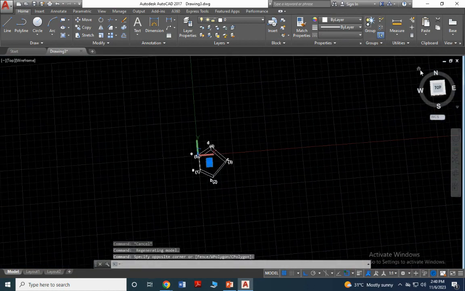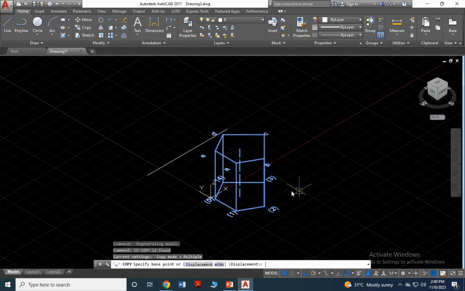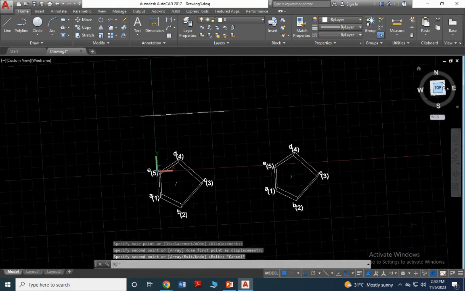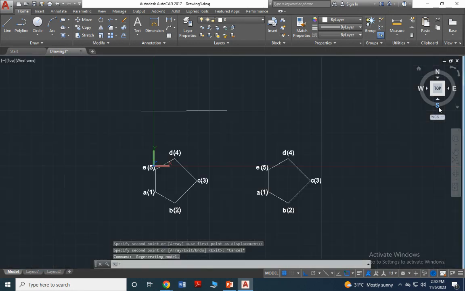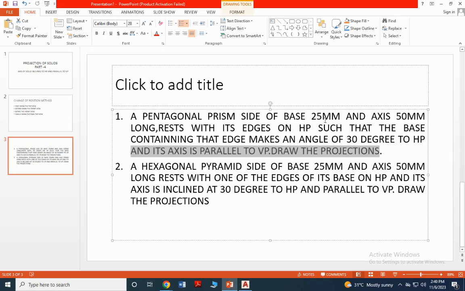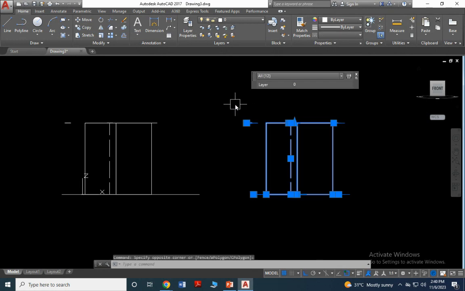I copy everything again and just move it here. Now it looks like 2 because I want to rotate this object. That's why I do this. So now the axis, the angle is 30 degrees, the edges make an angle of 30 degrees. So I select the entire thing,